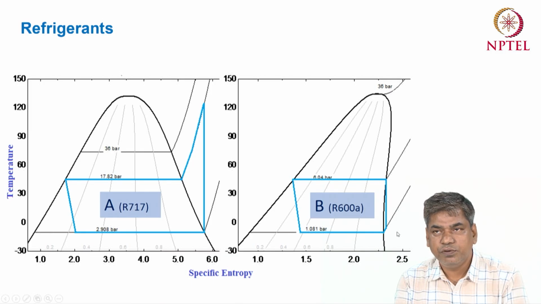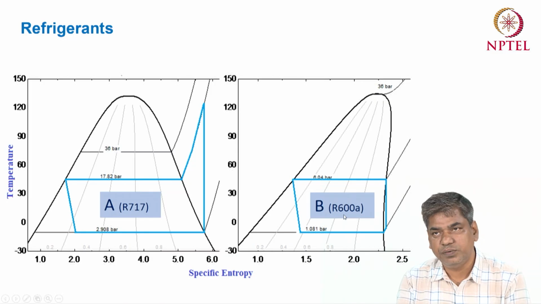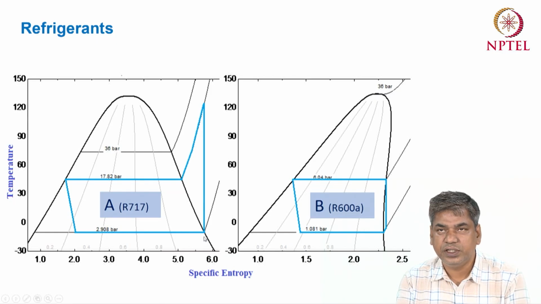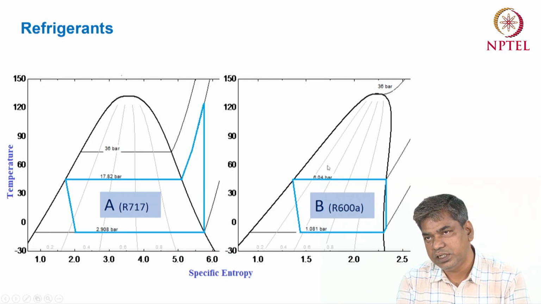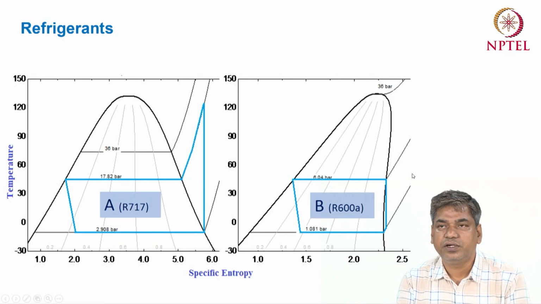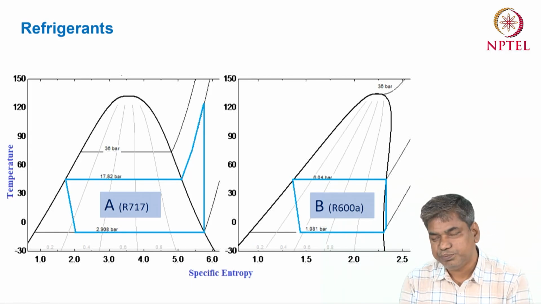Okay, so for the idealistic case, if you assume that either the inlet condition or the outlet condition of the compressor should be saturated vapor, then in the case of ammonia, the inlet condition is saturated vapor but the outlet condition is superheated vapor. But in the case of isobutane, the inlet condition is superheated vapor and the outlet condition is saturated vapor. So to get the outlet condition saturated, we have to take some degree of superheat to maintain that outlet condition in the case of dry fluid.